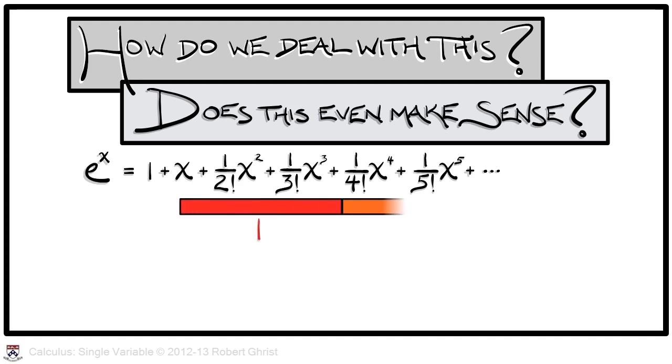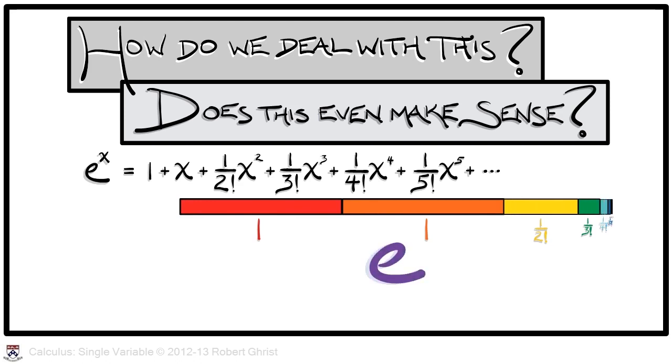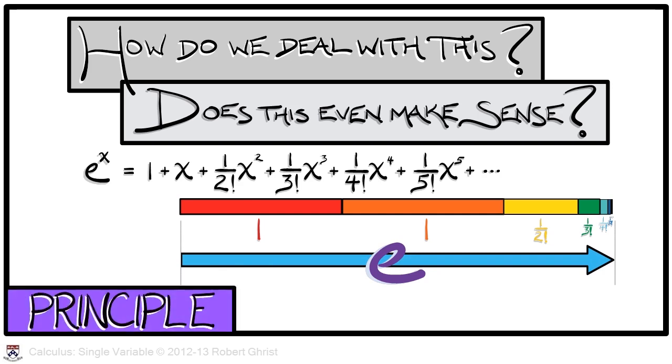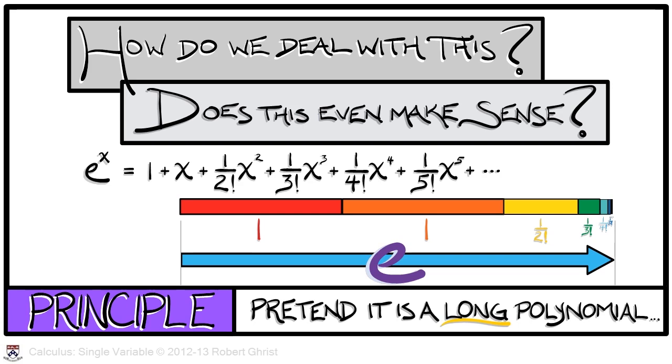Well, certainly for specific values of x, say x equal to 1, we could try to compute what e to the 1 would be as 1 plus 1 plus 1/2 plus 1/6 plus 1/24, etc. It seems as though this converges to the familiar decimal expansion for e that we know. In general, the principle that you should follow in trying to understand statements such as the definition of e to the x is to pretend that this is a long polynomial,